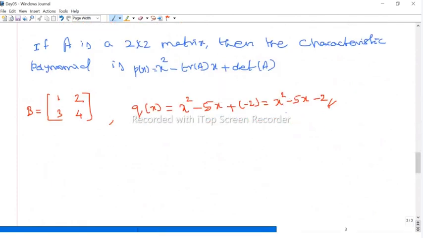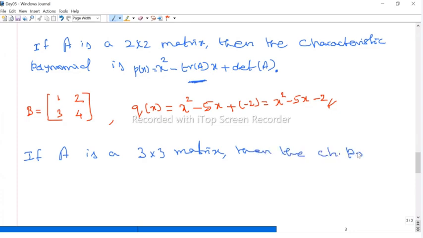Now, what does a characteristic polynomial of a 3 by 3 matrix look like? This is the characteristic polynomial for any 2 by 2 matrix. Now, what is the characteristic polynomial of any 3 by 3 matrix? Suppose A is a 3 by 3 matrix, then the characteristic polynomial of A is